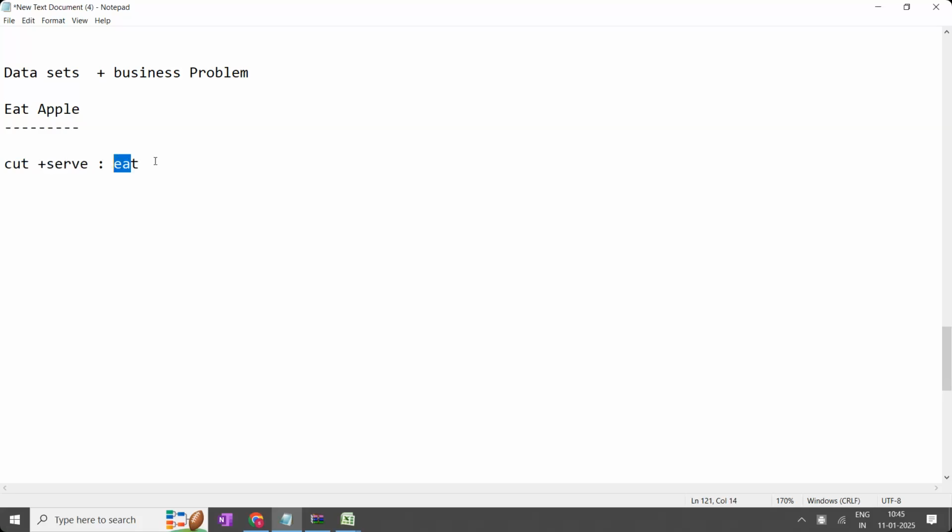Blindly simplest one. But if this possibility is not there, then what do we have to do? Assume that my mother is not there with me. Then I only have to identify wherever the apple is available. First, I have to identify where the apple is available. After that, I have to purchase it, then clean it, then cut it. Then finally, I have to eat it. Sir, without cutting, you can eat it now. That one also, okay, whatever it is.